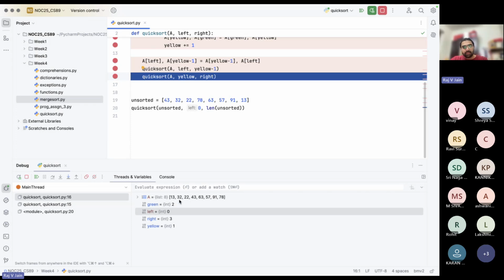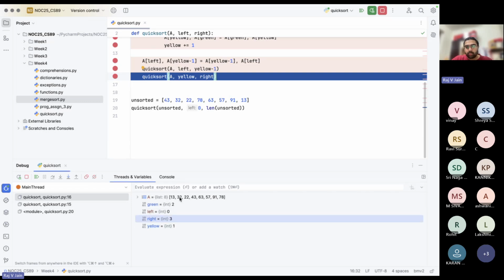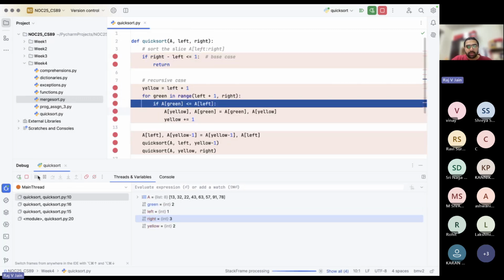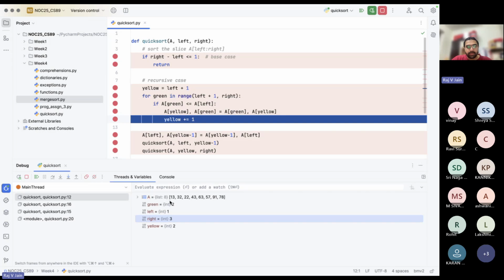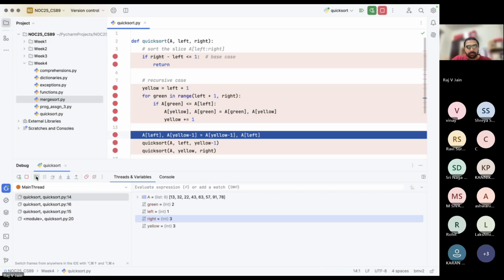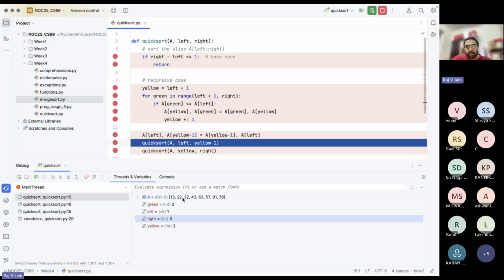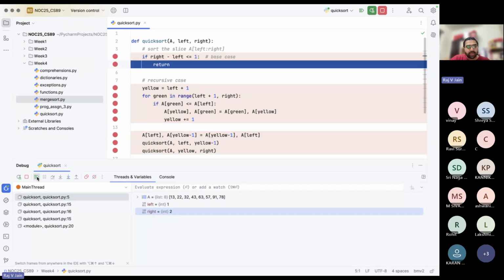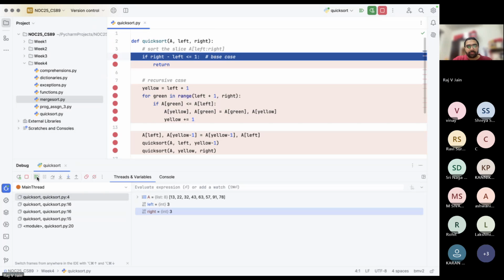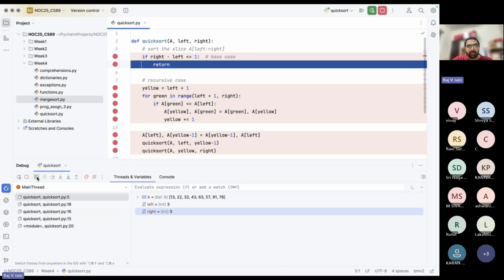The right of 13, that is these two elements, are pending. That is what you will solve from this particular recursion call, right? That is, your yellow is 1, right is 3. So 1 and 2, that is the second and third elements. And this will basically shift it here. So now these two have changed their places, and then you will end up saying, okay, nothing else left. And let's see if